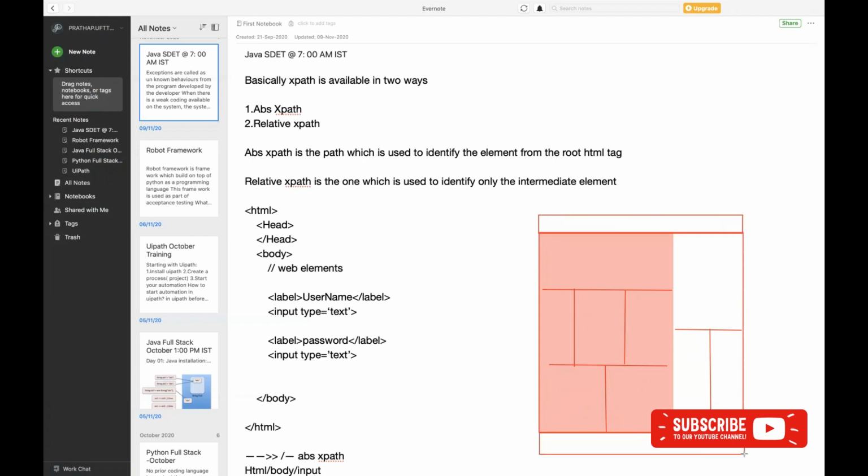So now what happened? For his convenience, the developer breaks down the application layout into different sections. Now the structure is going to increase a lot. Usually, to represent these sections, the developer is going to use an HTML tag called div, or he is going to use an HTML tag called section.